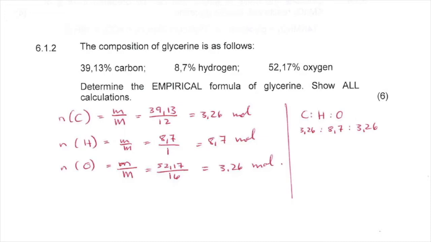But I need whole numbers for my equation. So here I'm definitely going to divide by the smallest one. And then I ended up with 1, 2.67, and 1. Now here, 2.67, that 0.67 is too much to throw away to round down or to round up. I will have to add a third. So that 2/3 is going to tell me that it will be better to multiply the whole thing by 3 in order to get whole numbers. So I'm going to multiply by 3 and then I end with 3, 8, and 3. And that will give me my empirical formula,